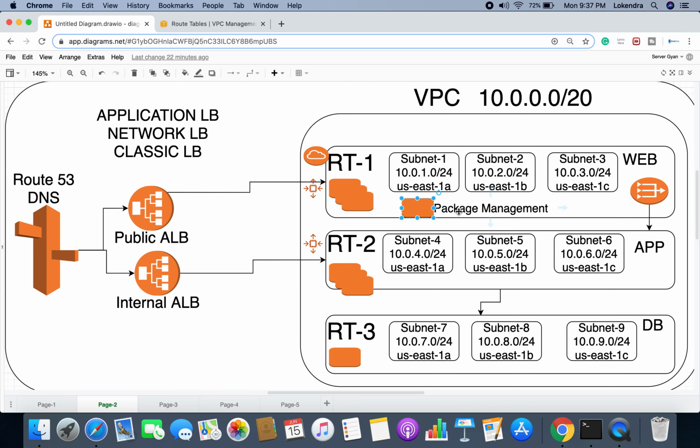Now if we talk about the package management server, you will create it within this public availability zone, and obviously this will have internet access, and the rest of the servers will be authenticated and will be able to access this server, because this will be accessible on public as well as on private IP address. So these servers where internet is not configured will be able to download packages from this server on private IP address. So guys, this is how we configure the VPC.